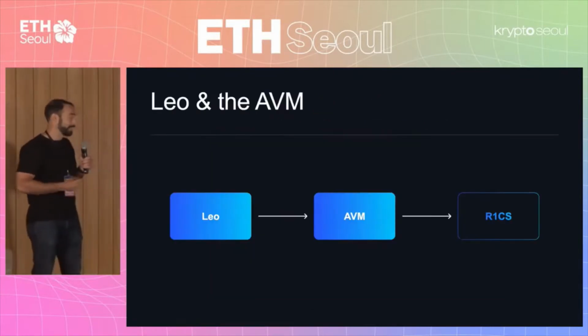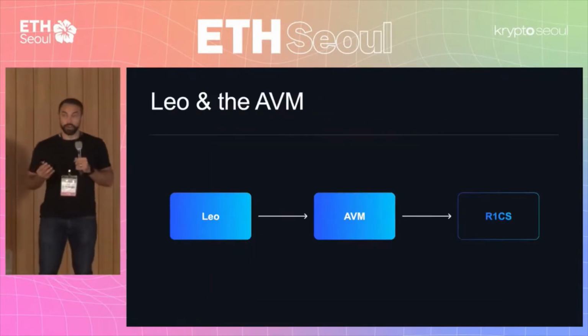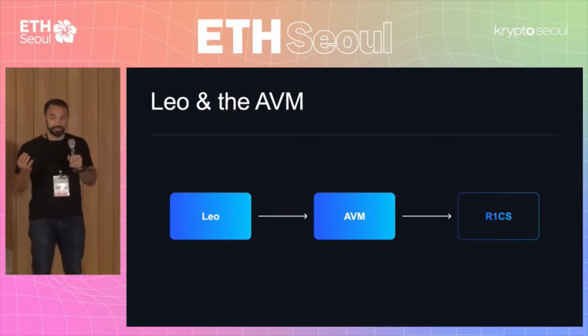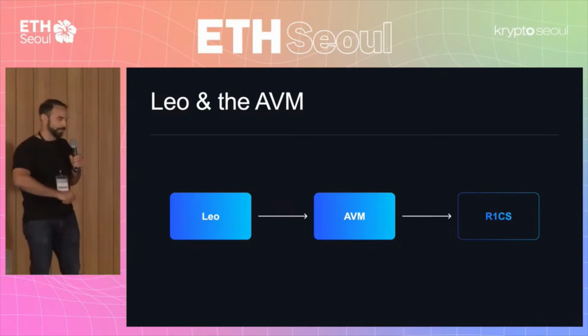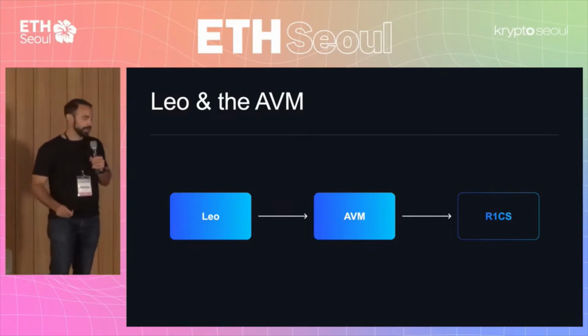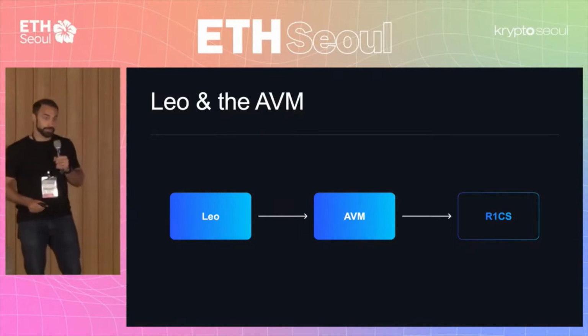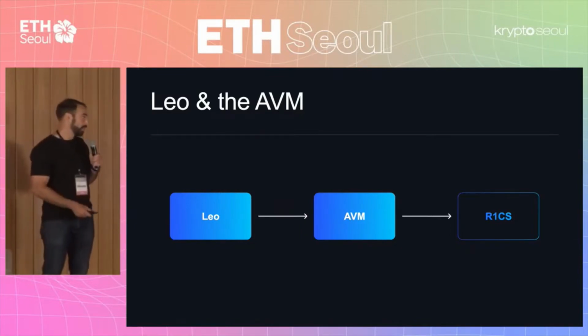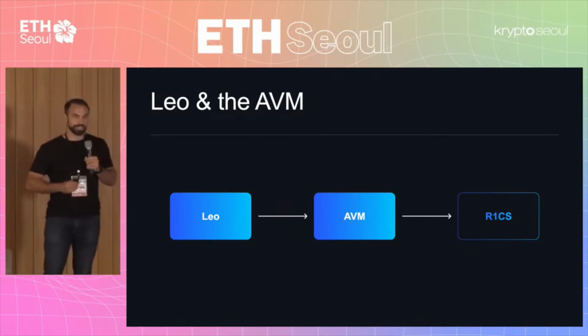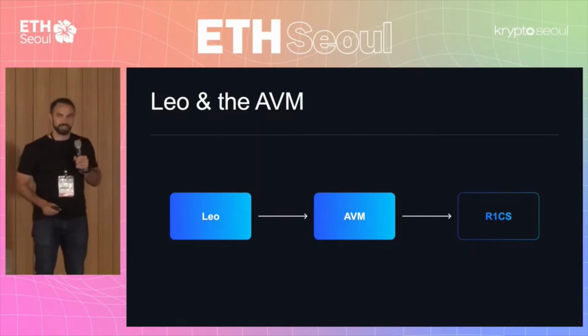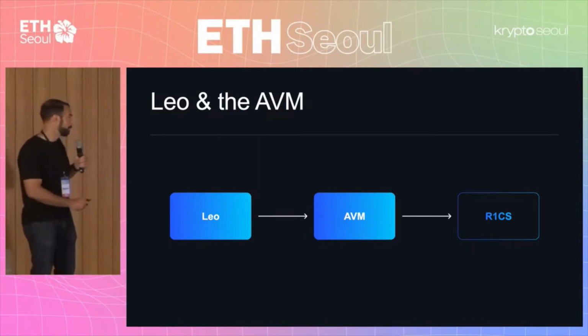So that's why we at Aleo decided to build a new model from the ground up with this exact use case in mind, a ZK VM. And the way our model works, and I'm going to go through all of this in detail in this talk, so don't worry, is we have a high-level language called Leo, which compiles down to an intermediate representation called AVM instructions, which get turned into AVM opcodes, which then get synthesized into what's called R1CS, which is effectively the stuff that proofs are made of.